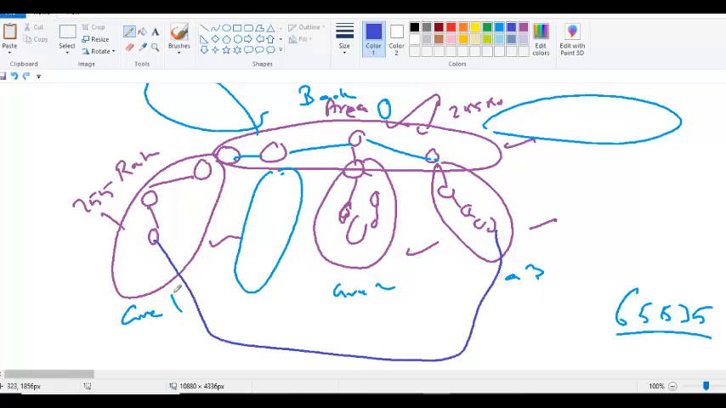Because of this design, hierarchical design, because of this hierarchical design, OSPF is popular. It is highly scalable because of this. Yeah. So we'll